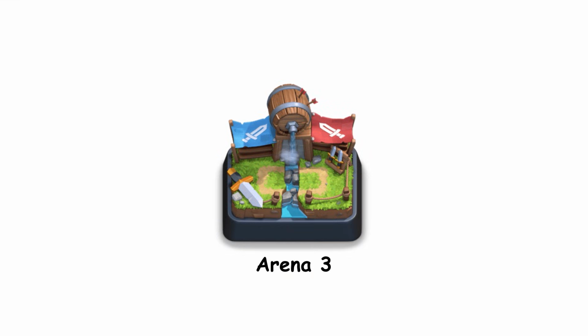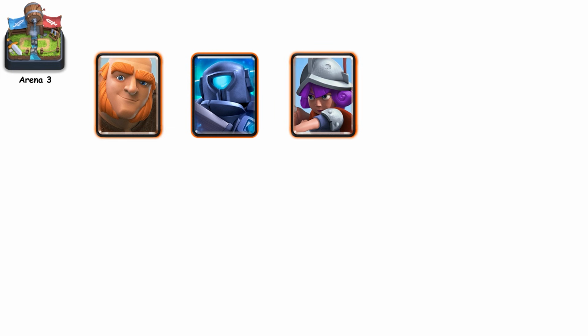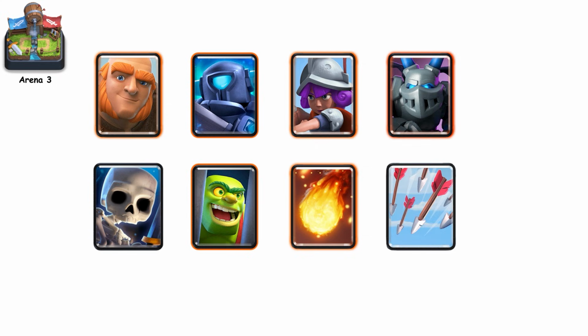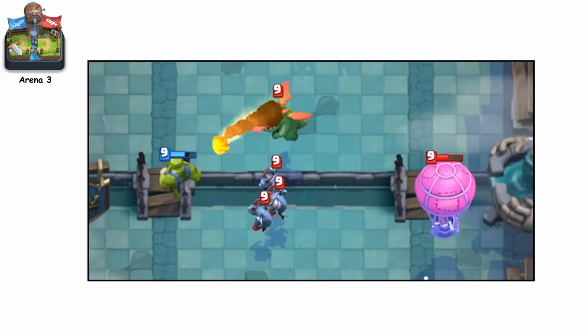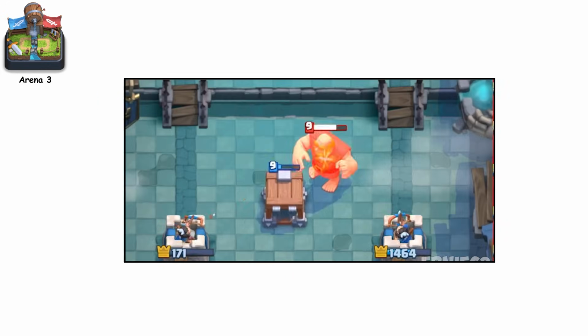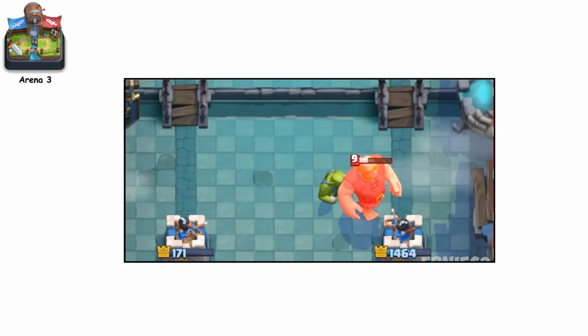In Arena 3, things step up a bit. Your setup becomes Giant, Mini P.E.K.K.A, Musketeer, Mega Minion, Skeletons, Goblin Cage, Fireball, and Arrows. This version is sturdier thanks to the Goblin Cage, which helps distract tanks. The Mega Minion also boosts your air defense. It's a clean upgrade that still sticks to the same Giant Control idea but feels more secure on both sides